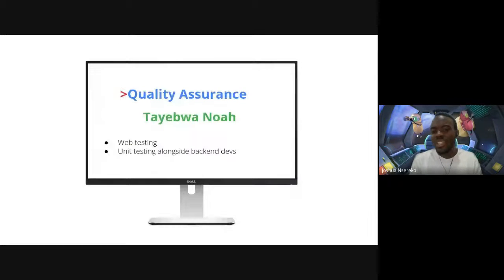We have the quality assurance team. This is going to be led by Noah Tayewa. This quality assurance team is going to manage web tests. It is going to test our websites. What is happening with our URLs? Are they working fine? Is anything breaking? Do we have any problem with our endpoints? It's going to cut across the back end and the front end. Are unit tests working? Things like that. And